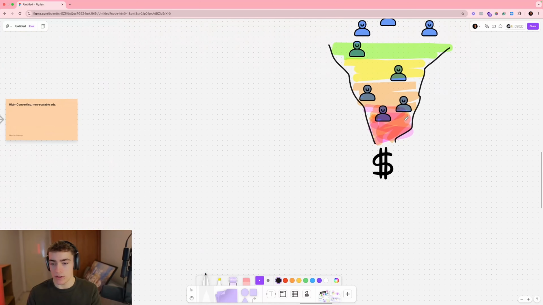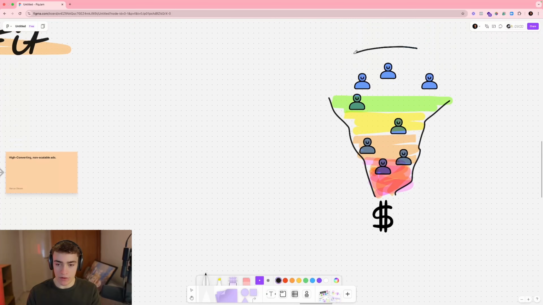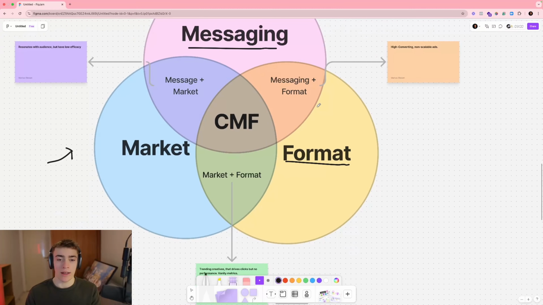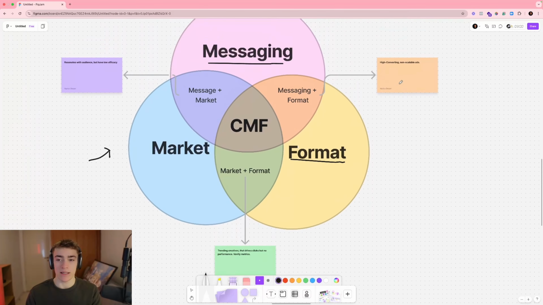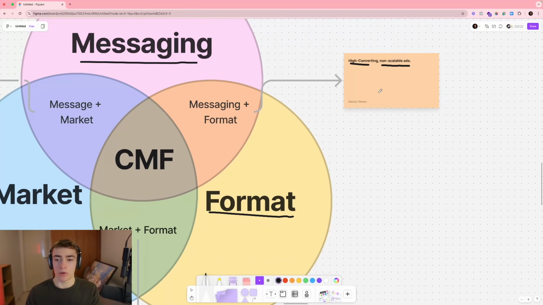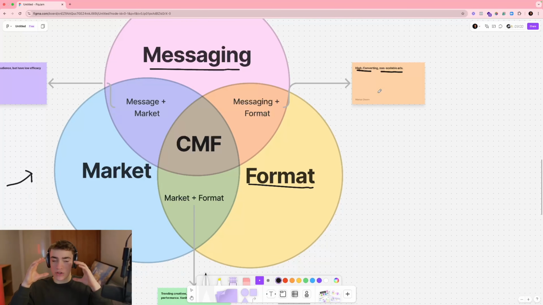If you go back to the funnel over here, the beautiful funnel, you've taken all of the people who you'd have the highest likelihood of converting. These people up here, they might either not convert or it would just take too much effort and education to convert them. So you basically have a market issue. And this is a place where, as I said, you have high converting ads, but they'll just be non-scalable. You probably could scale them, but you have to think about your total TAM and even whether it's worth it.